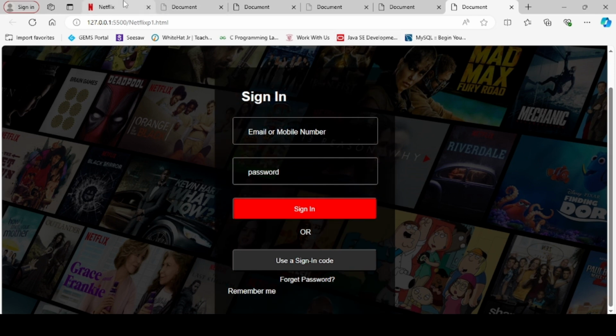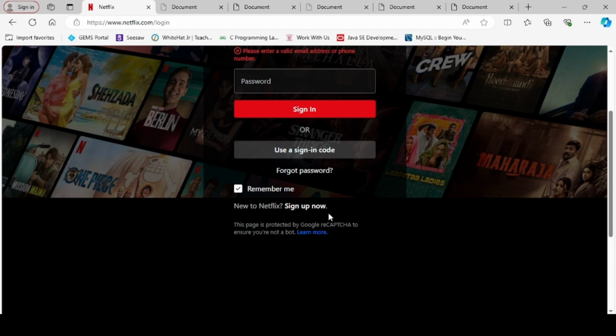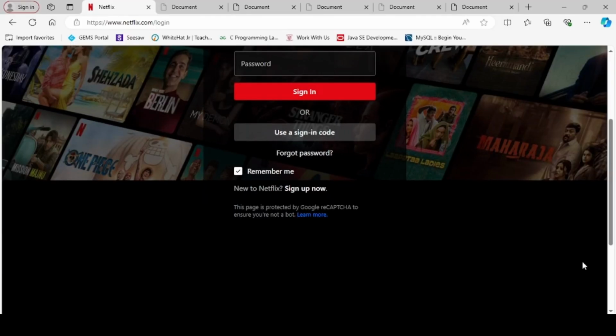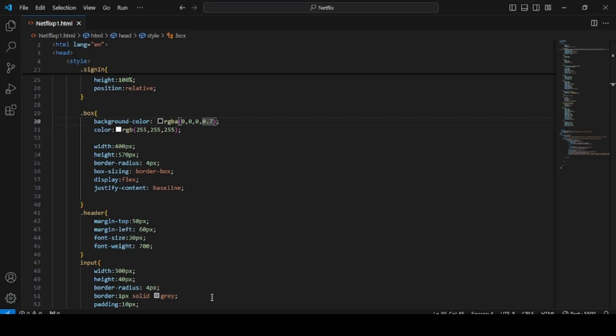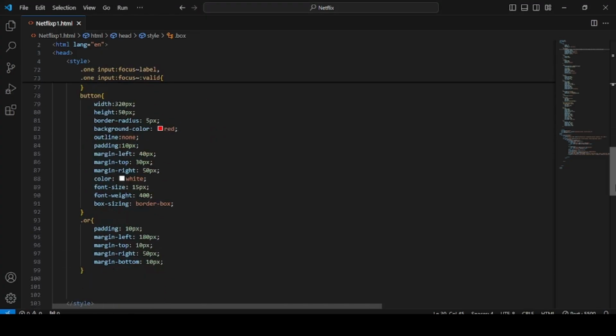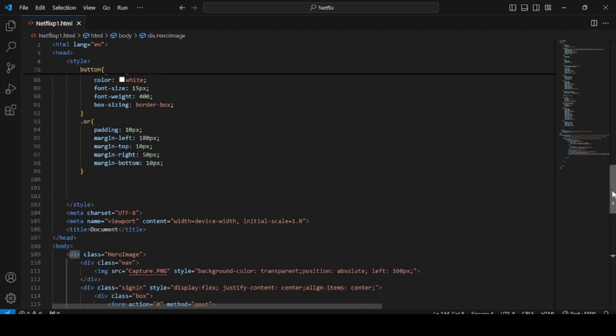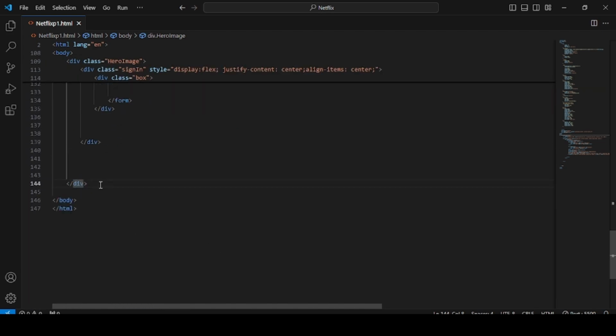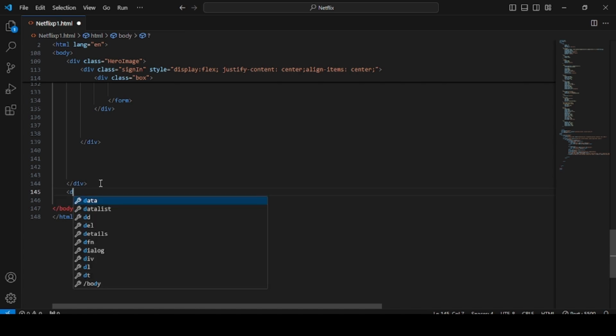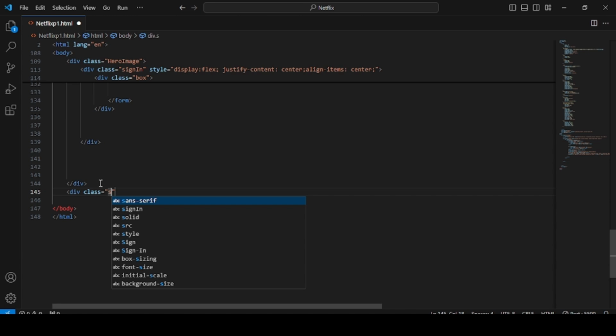Next we are going to design this lower part of the sign in page. Next we are going to create this part of the Netflix site. To create this, it is outside the hero image, so we'll close our hero image div. After that div we are going to create one more div. This is our hero image div, we are closing it here, and after that we are creating one more div class equals to, and here I'm giving it a name, second,